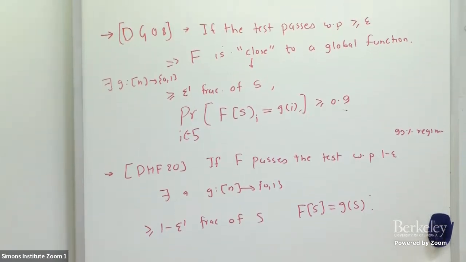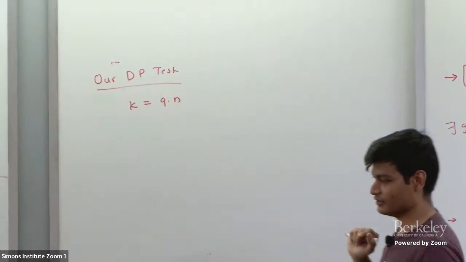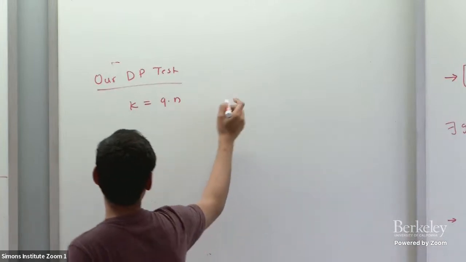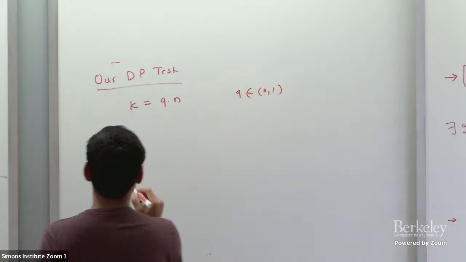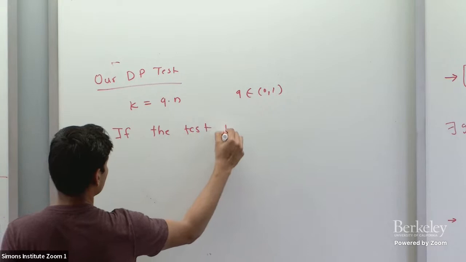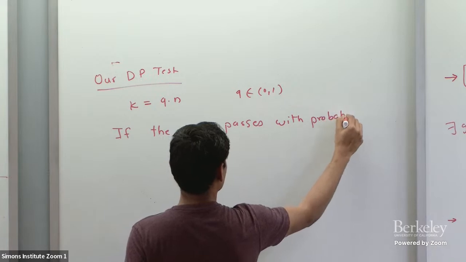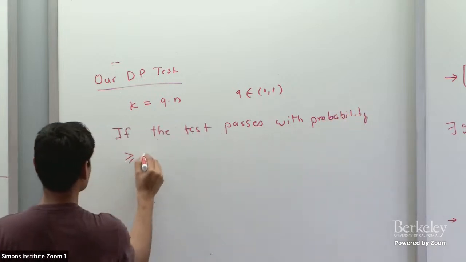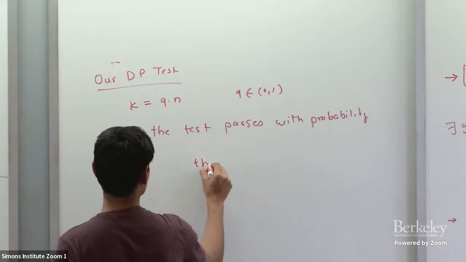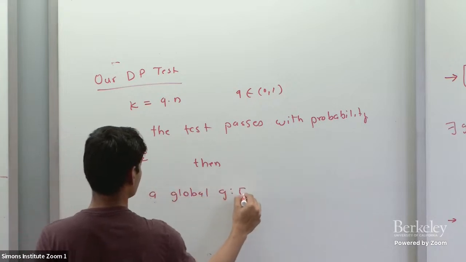So in our case, we need k to be some constant times n. It doesn't work for any k. In fact, in our setting, k is some constant times n. Q is a constant. What we show is that if, again, the same test passes with probability epsilon, which is some constant independent of n, then there exists a global function g